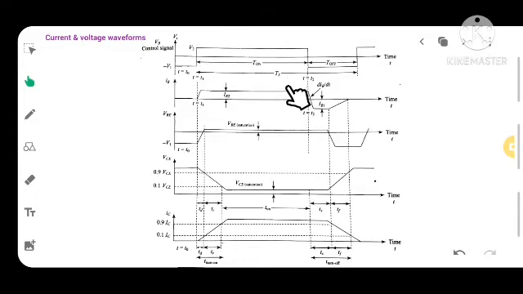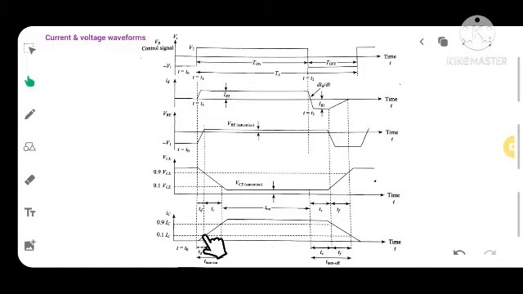So the current IC starts to increase gradually from 0, and the voltage VCE will obviously start to decrease.